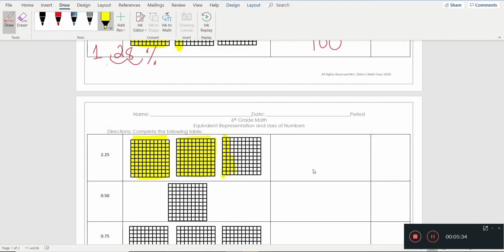Try my best to really erase. So 25, right? So 10, 20, so 1, 2, 3, 4, 5. Okay, there you go. So we're going to write down 2 and 25 hundredths as 2 wholes and 25 over